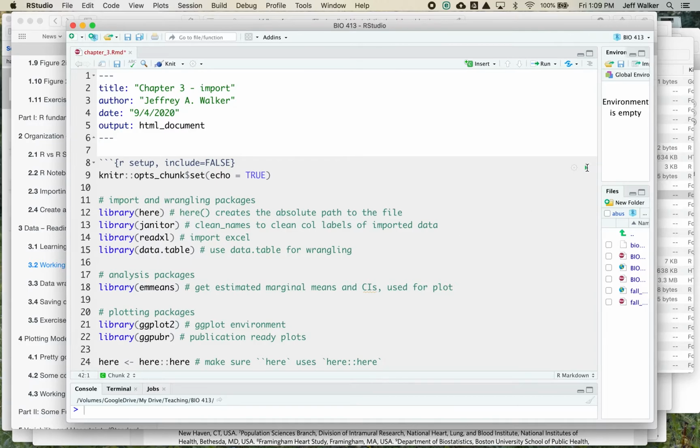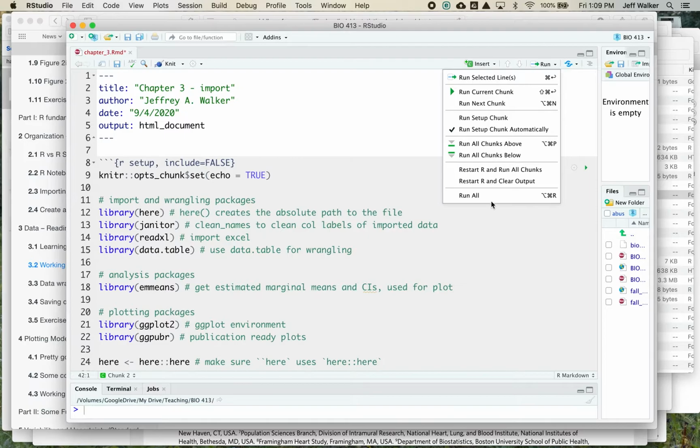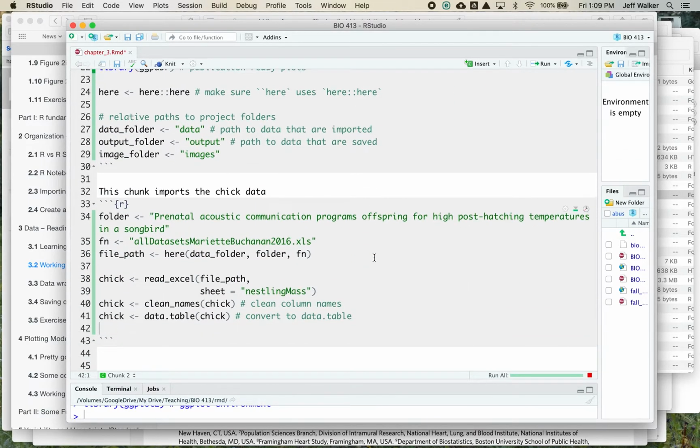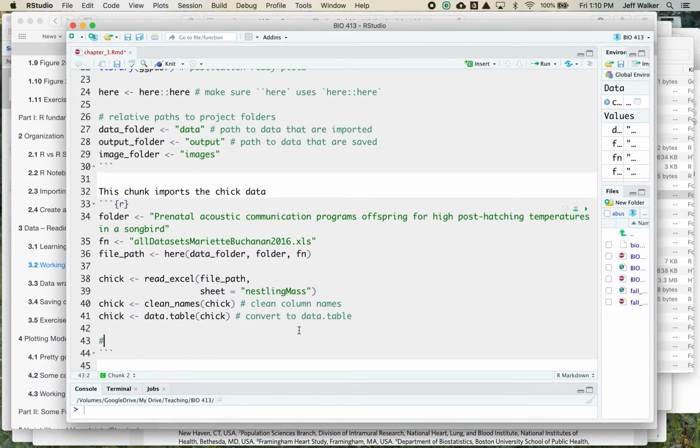So I can run each of these chunks individually, or I can go up to run and I can run all of the chunks. I'm going to run all of the chunks right now. And as long as your project folder is set up the way we've set it up here, we should have the chick data. I'm going to put view chick, and notice that I commented out this line of code,